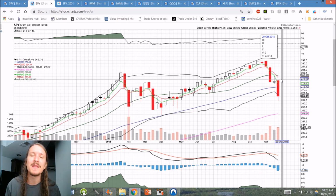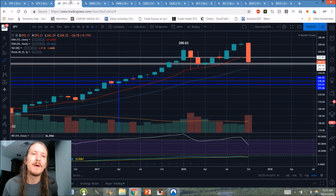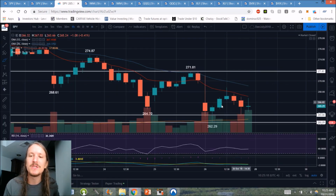Again, for those looking to buy the dips, you have to be protecting your trades, have to be putting in stop losses. Otherwise, you can get in a lot of trouble because, again, when we break these support levels, because there's nothing nearby, it gets magnified very quickly to the downside. So the good thing about Monday is we have some nice tight ranges to be watching on the hourly,